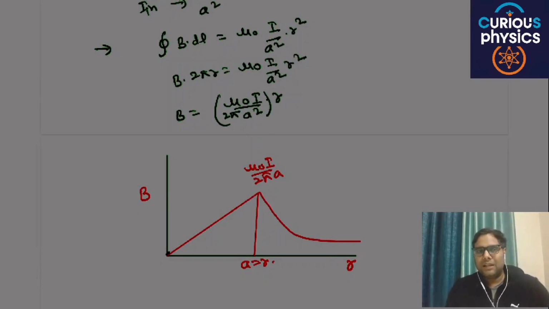This example wants to show you how to apply this Ampere Circuital law, situation to situation. The Ampere Circuital law is very easy. The definition is basically the integration of B dot dl is equal to mu naught I in. But how to apply it, the focus should be on I in. Are you able to get my point or not? This is basically Ampere Circuital law.